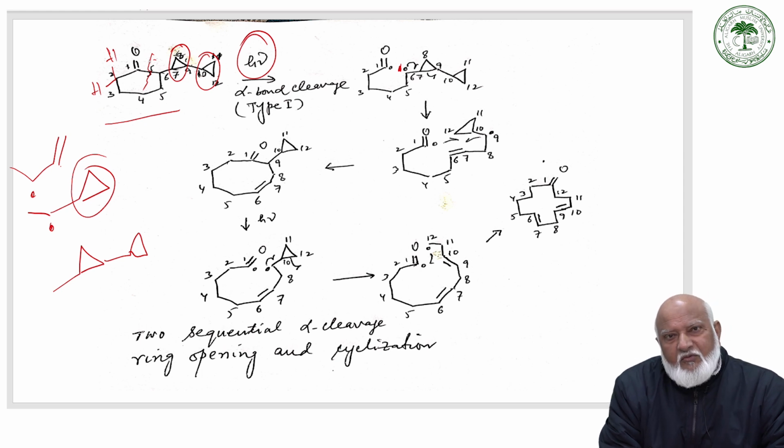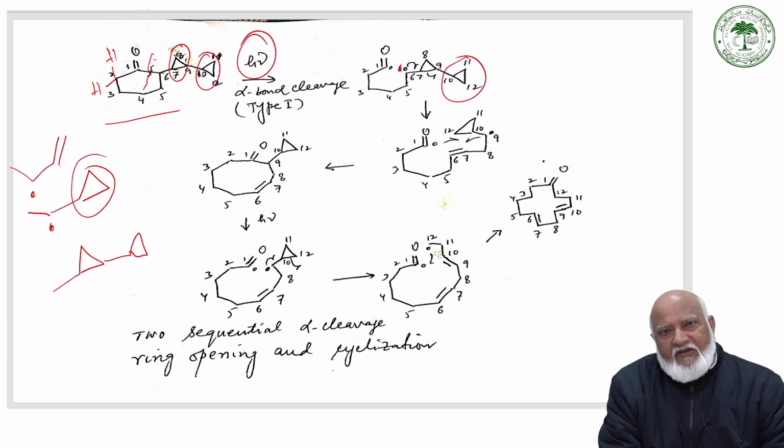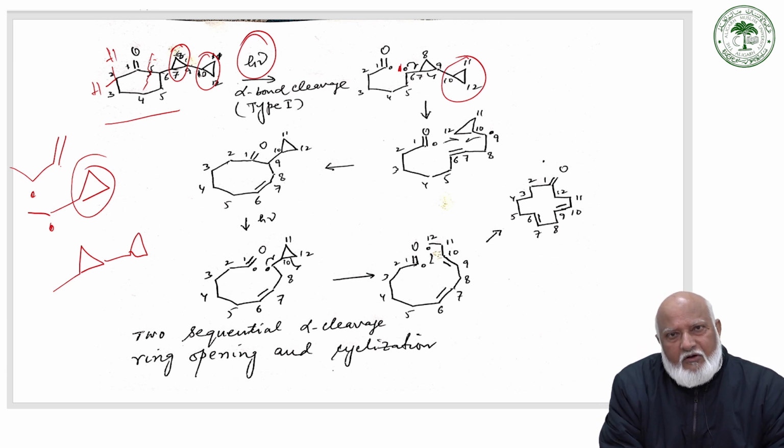Now, one of the most important things: because there is one more cyclopropyl group adjacent to this cyclopropyl group, the opening of this cyclopropyl group is also going to be